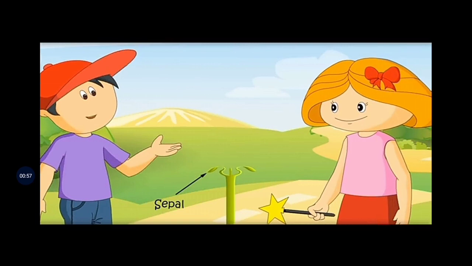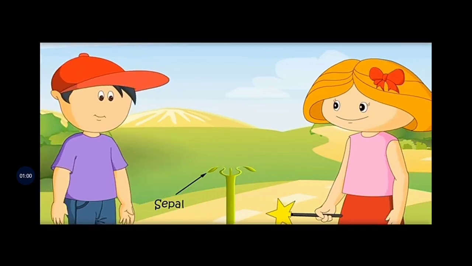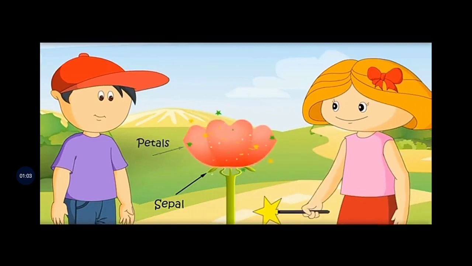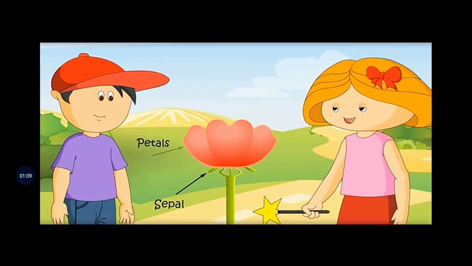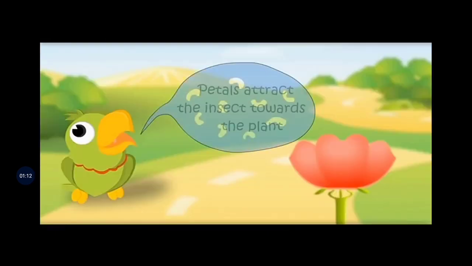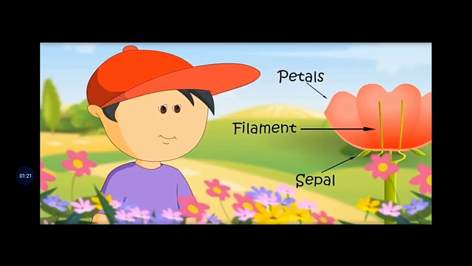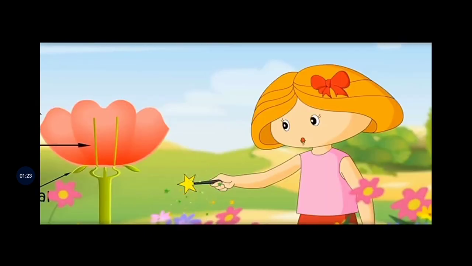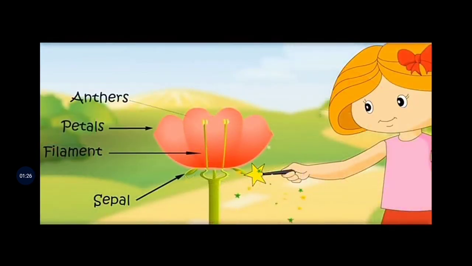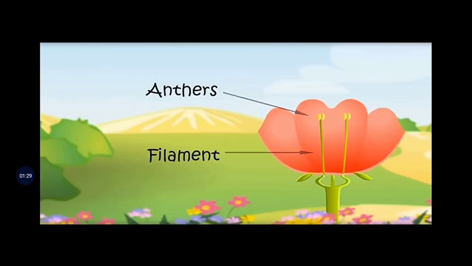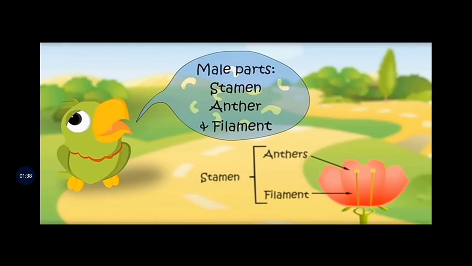Now bring petals, most beautiful part of flower. Aren't they attractive? Yes, they are. They attract insects towards the plant. Petal attracts the insect towards a plant. Here comes the filament. Bring few anthers too. Oh yeah. These filaments and anthers are male parts of the flower. Jointly, these are called stamen. Male parts, stamen,